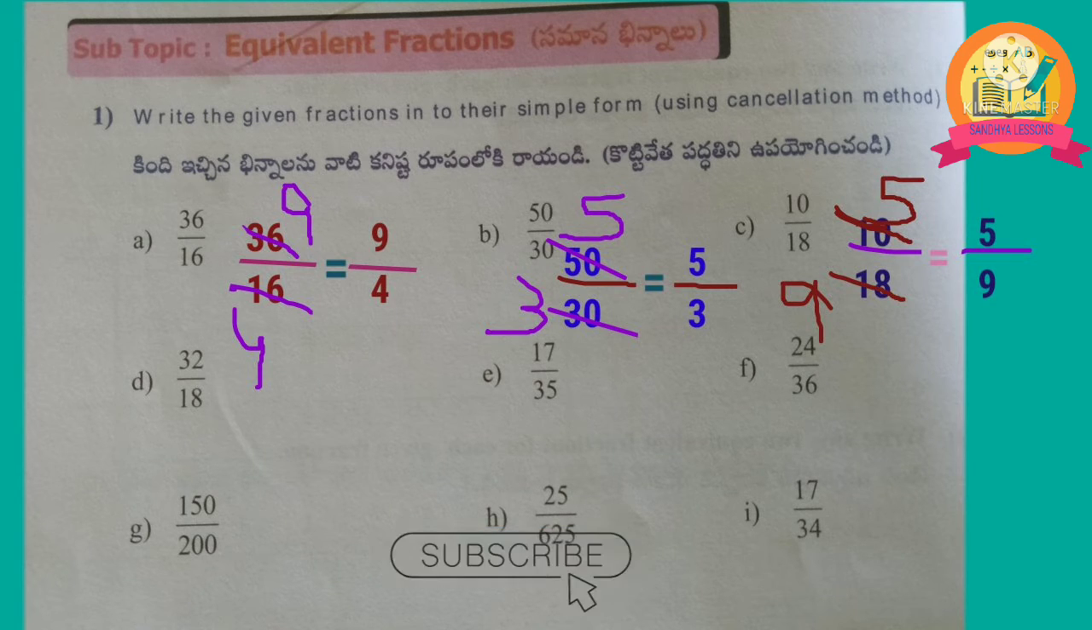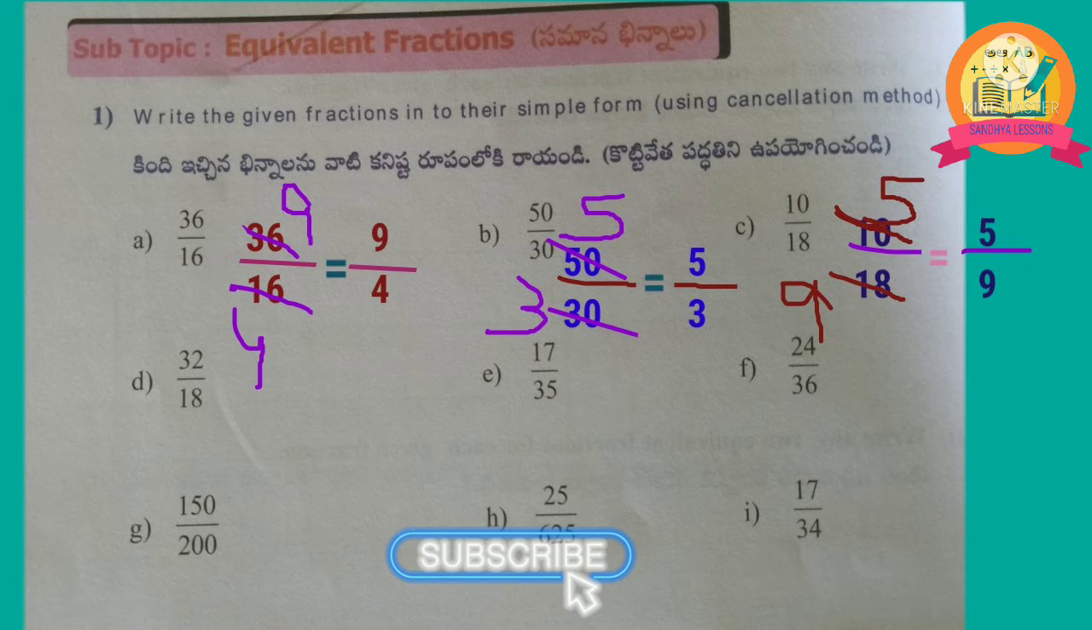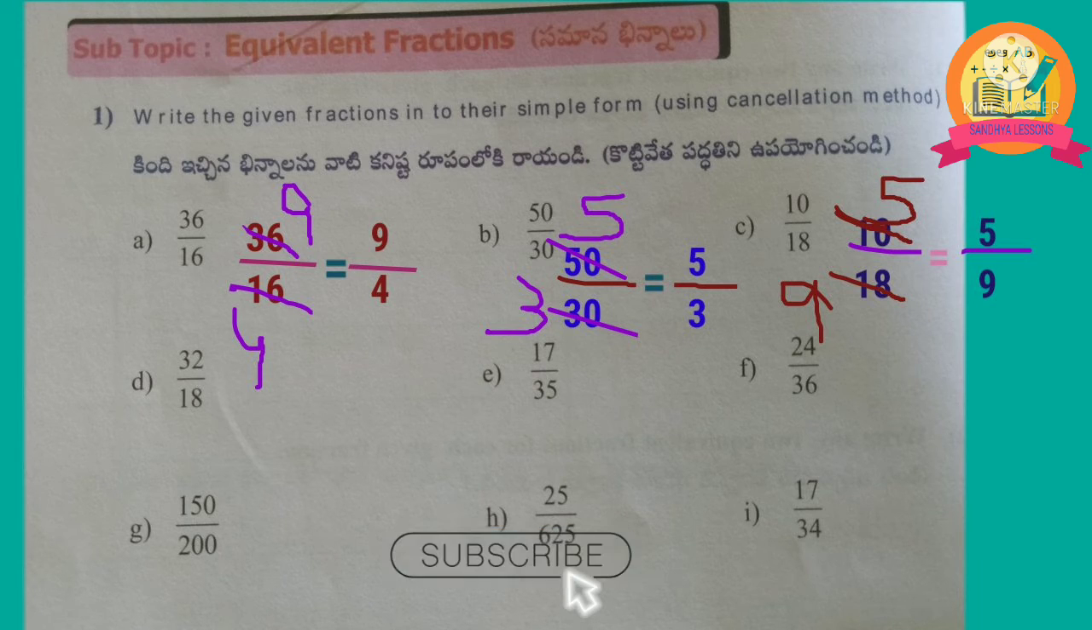In the cancellation method, we should cancel the numerator and denominator with the same number. So, we can cancel 36 and 16 in 4 table. 9 4s are 36 and 4 4s are 16. Therefore,